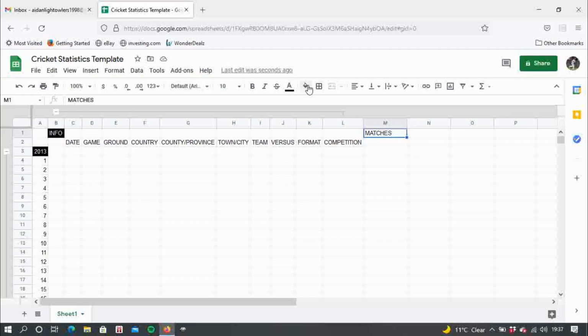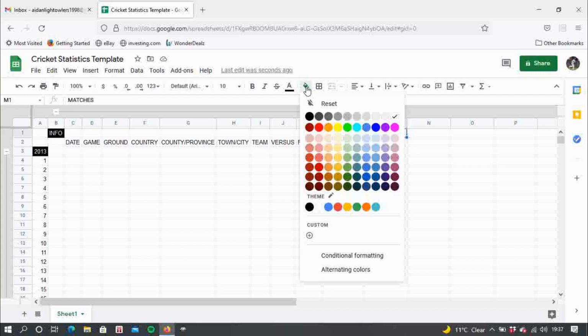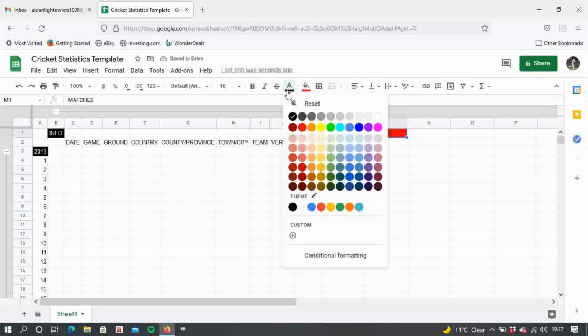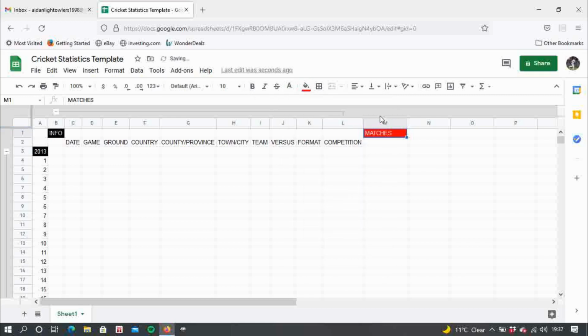Again, you might want to make it a different colour so it stands out. We will work our way down these colours, so matches can be red background with white writing. Then we're going to have played. Played will be ones all the way down because that's going to be our first column with a formula in,